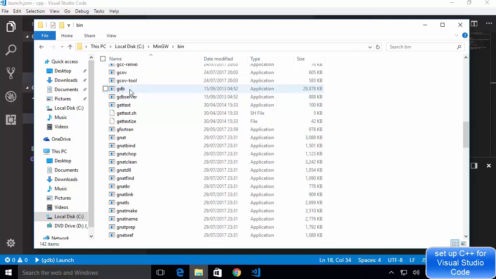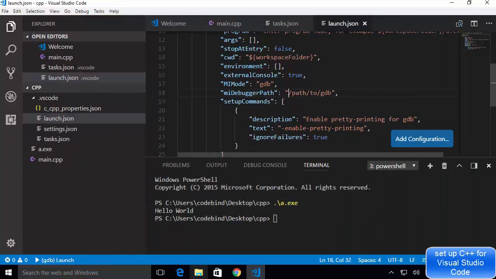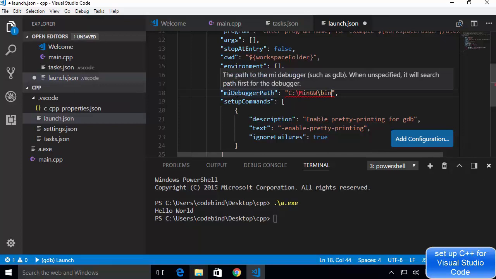Okay, so just copy this path up to bin and then just paste it here in front of my debugger path. Okay, and then don't forget to add this extra backslash here, and once again add an extra backslash and then write gdb.exe. Okay, which is the debugger for us.